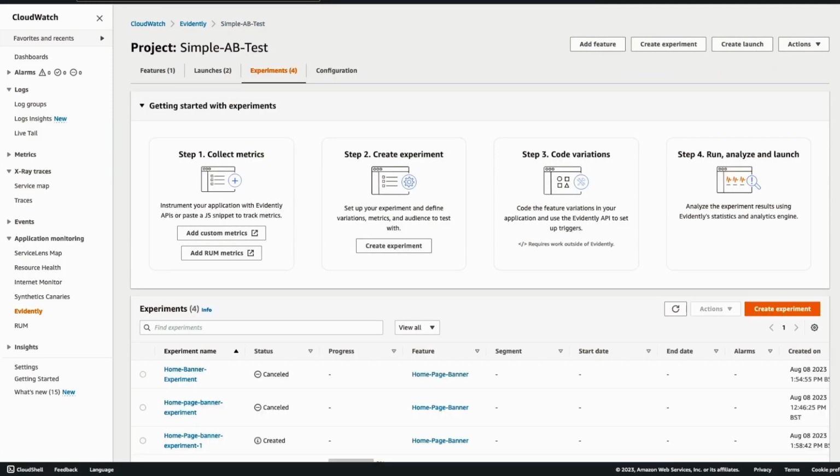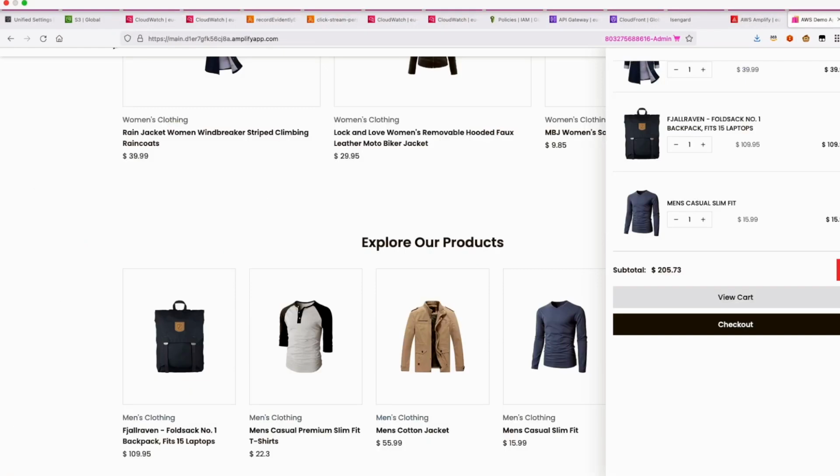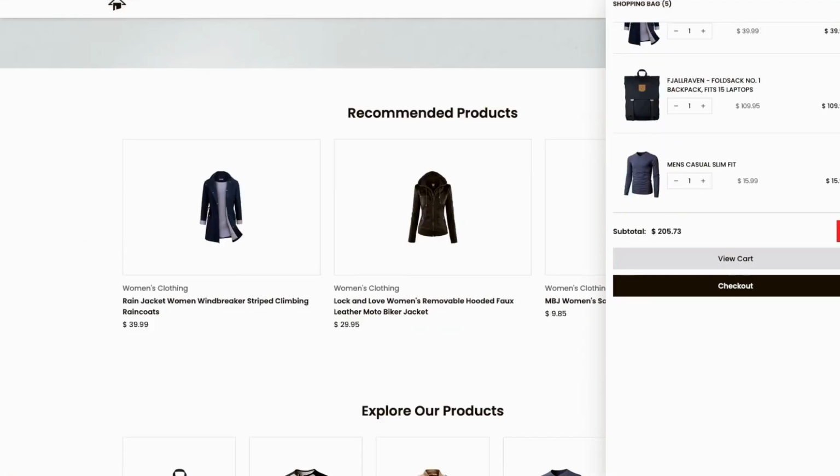So in here you can have different features that you can configure. Like if you want to test your homepage, your add to cart, your recommendations, or different features that you would like to see in your website and mobile app, you can do that through this. So that will be all for today,